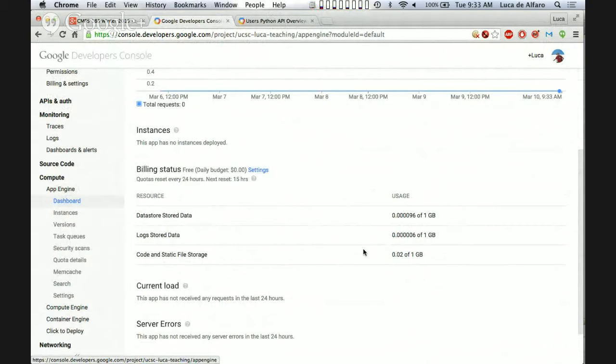I don't know, here it doesn't tell me. But for example, 1 gigabyte of storage, maybe $0.0009 per day. So it's mostly cheap. When Google App Engine starts to become expensive is when it starts to get a lot of traffic.